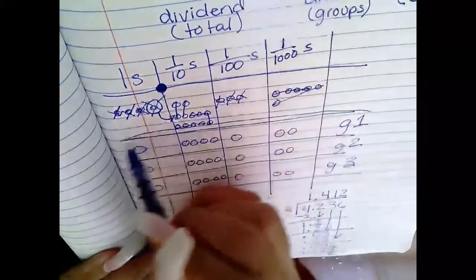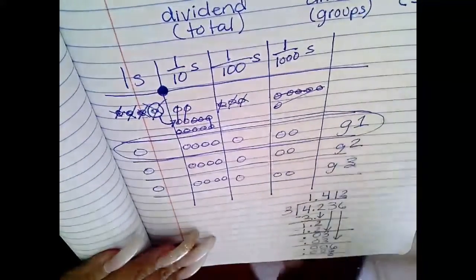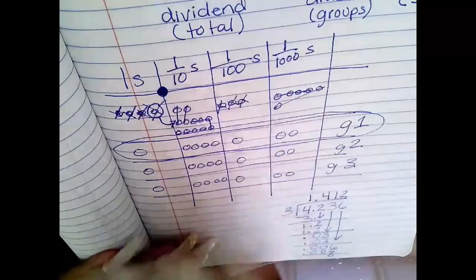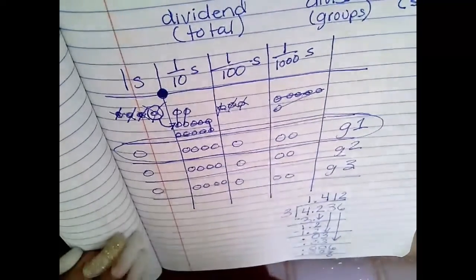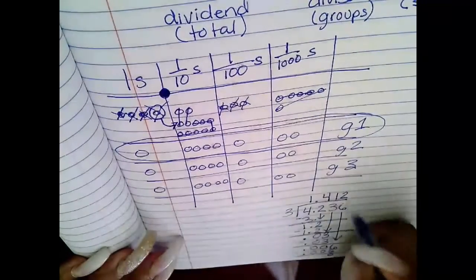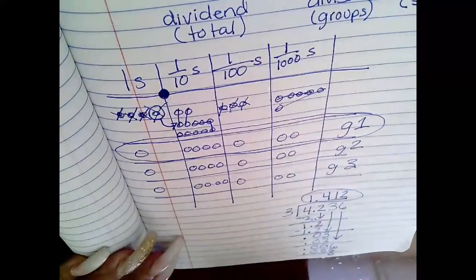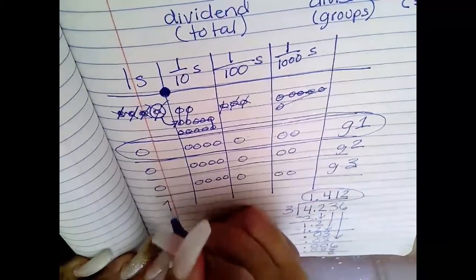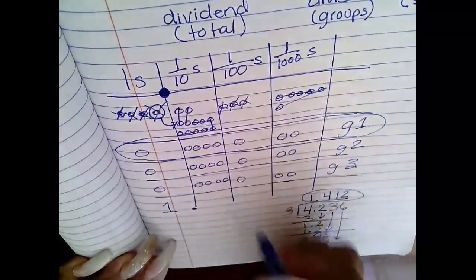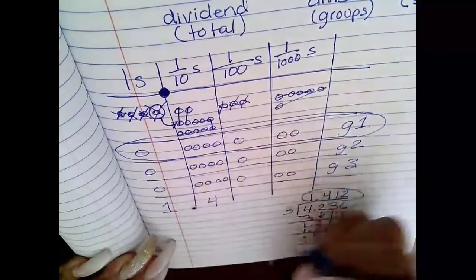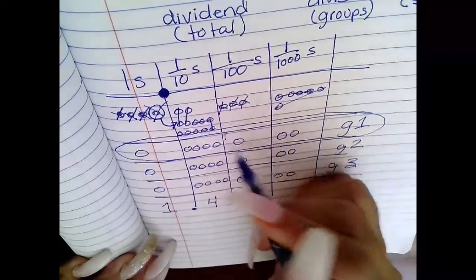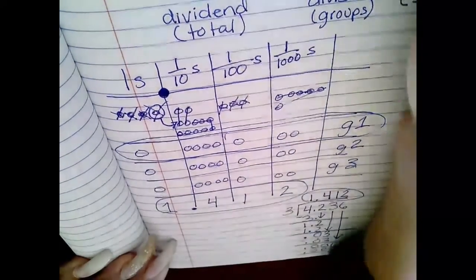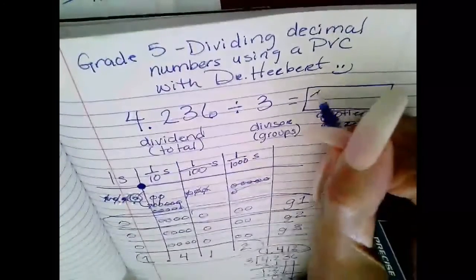I like to have my students go back and circle one of the groups. Typically, I circle group 3, just so they can make sure all of them are even. You do a quick check, and then you begin to write your quotient right underneath. Well, what do I see in each group? I see 1 one, 4 tenths, 1 hundredth, and 2 thousandths, for a quotient of 1 and